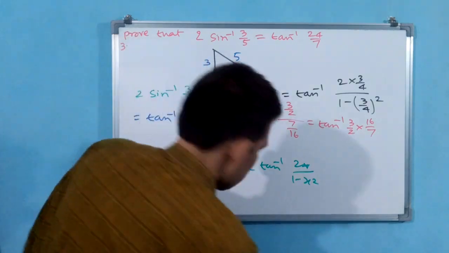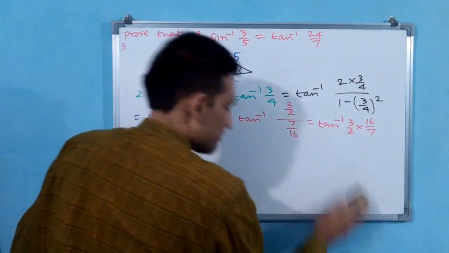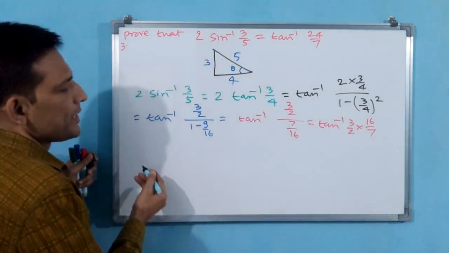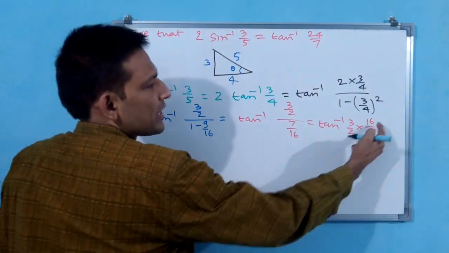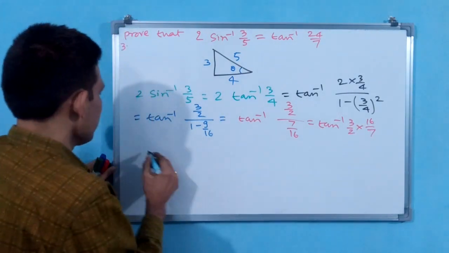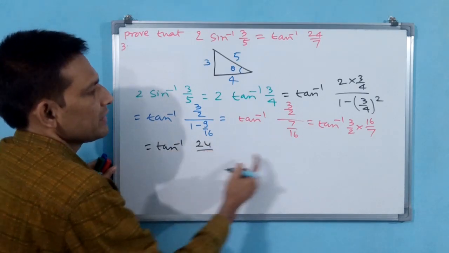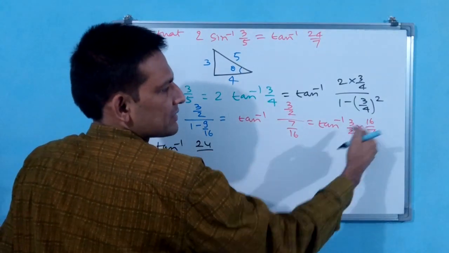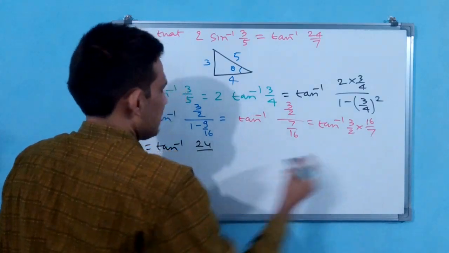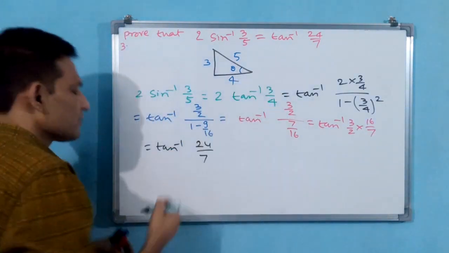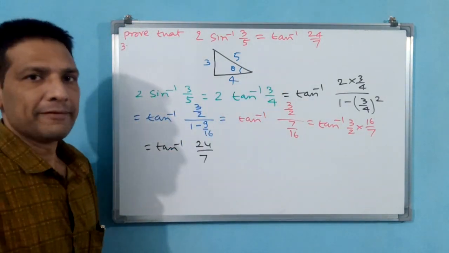Now I am going to this formula one. Why? Because formulas and all you have to remember. Now you see, 2 goes 8 times. 3 into 8 is 24. Directly you can write tan inverse 24 by 7, as 2 has gone 8 times. Now 7. Is this the answer, you see? RHS.